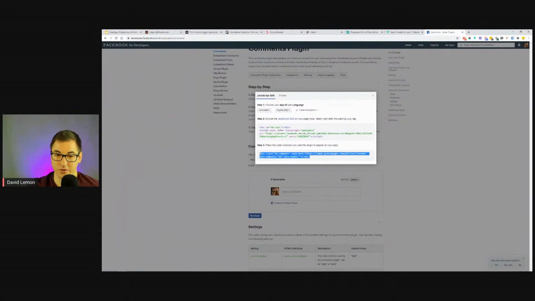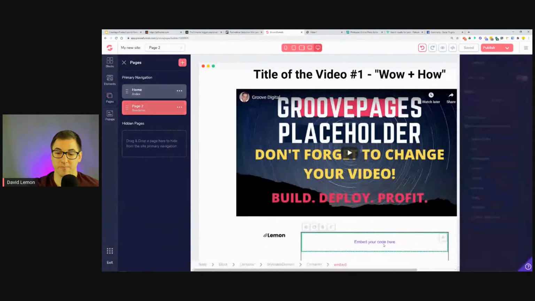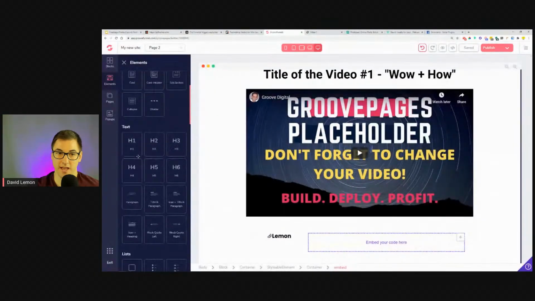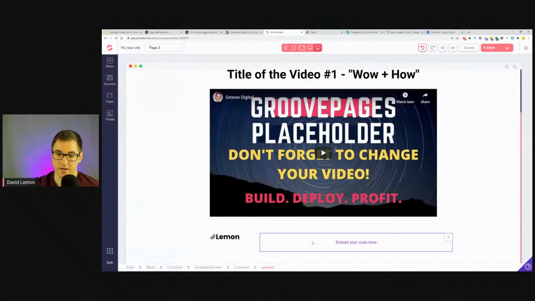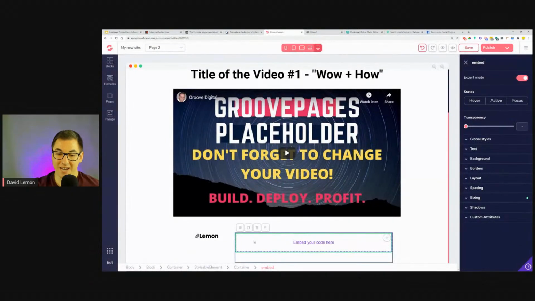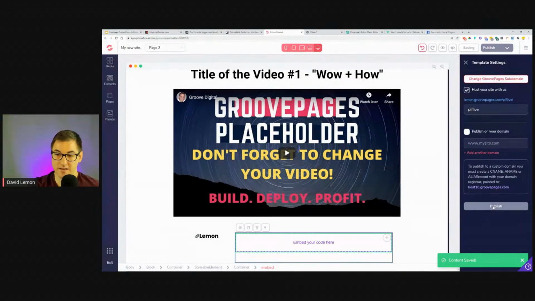And then after that, we just place this piece of code in the place we want the actual comment section to show up. And this is in the embed your code here, which we just pulled in from the elements tab previously. So we click on it, we click the cogwheel, hit this undefined, and then just paste in our code. So theoretically, it should be showing up now. The code embed, let's just save it and then publish it. I don't believe it will be showing up because of something. Not sure why, but